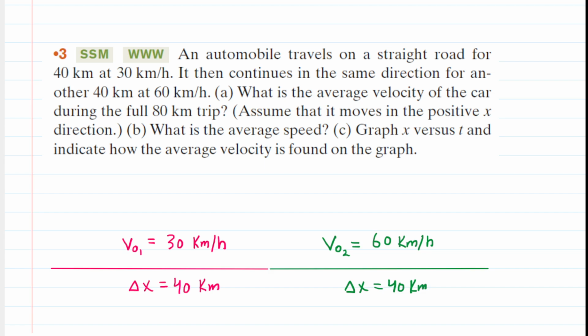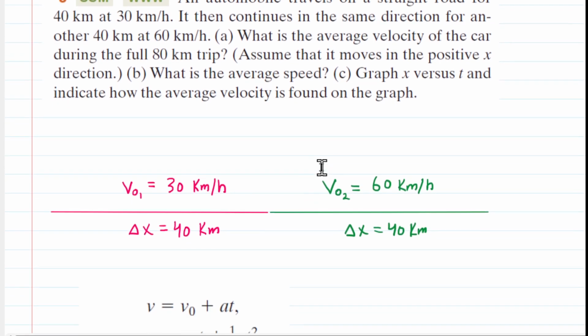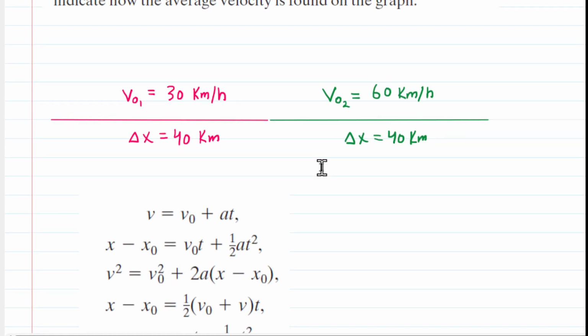trip. Now, one thing you do not want to do is simply add 30 and 60 and divide by 2. That would be a very common mistake to try to find an average velocity. The reason we can't do that is because they are traveling at those velocities for different periods of time. And so we need to find another way of computing the average velocity. And what we're going to need to do is actually figure out the time involved for these legs of the